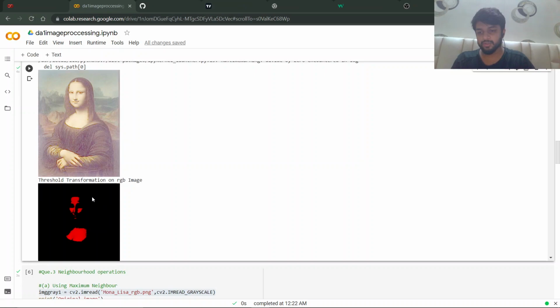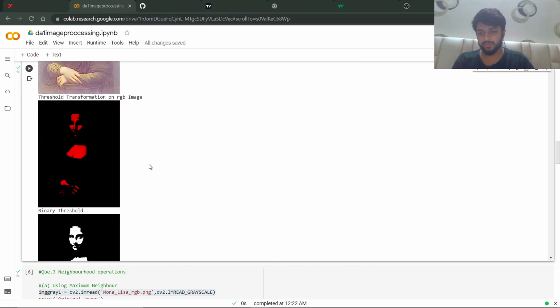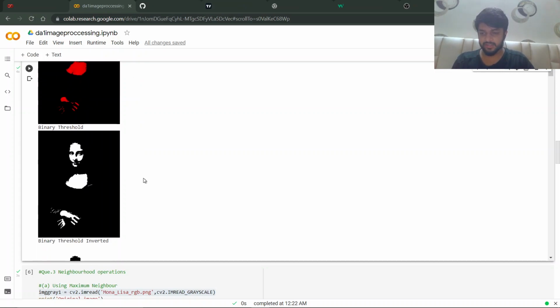So as we can see, first we will see what we did with the threshold. It was the first RGB transformation, which is threshold to 0 for the RGB. So the result is this. Then the binary threshold, as you can see, there are only 0 or 1, so we chose a value, and if the pixel value was greater than that value, it made that 1, and if it was less than our selected value, it made them 0.